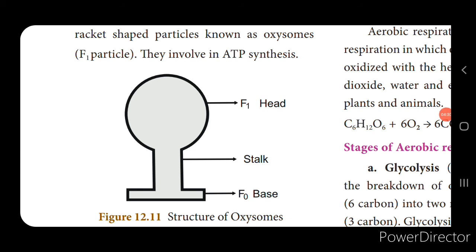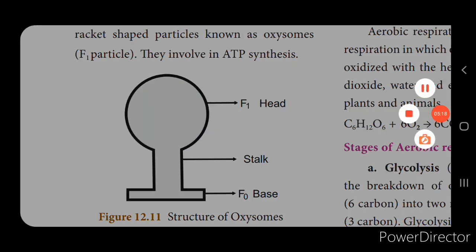When we talk about the functions, we said that it is called the powerhouse of the cell. Why? Because it is involved in ATP synthesis, or otherwise it is also called the ATP factory for the cell, because they produce a large number of ATP molecules. It also helps in maintaining the calcium ions in the cell, and it regulates all the metabolic activities of the cell. The metabolic activities are that each organelle has its own function, isn't it? So those activities of the cell are called the metabolic activities. So this helps to regulate the metabolic activities of the cell.